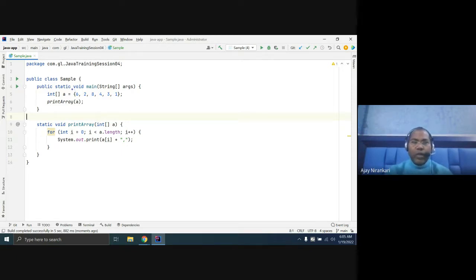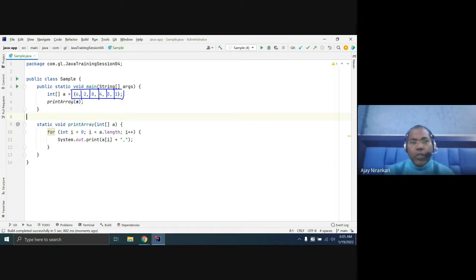Let's say this is your array, and these are the element values. The logic I explain is that we have to sort the array. That means the first value should be here, the second here, the third here, maybe in ascending or descending order. Any sorting we can do. Today, first, we are talking about bubble sort.